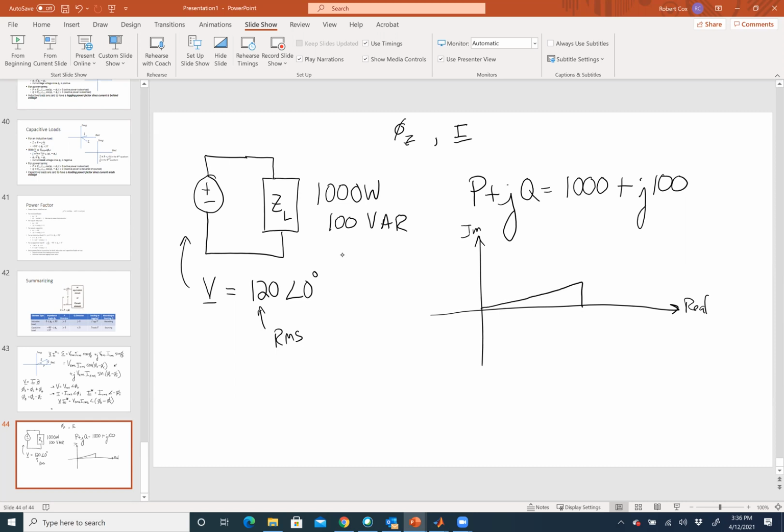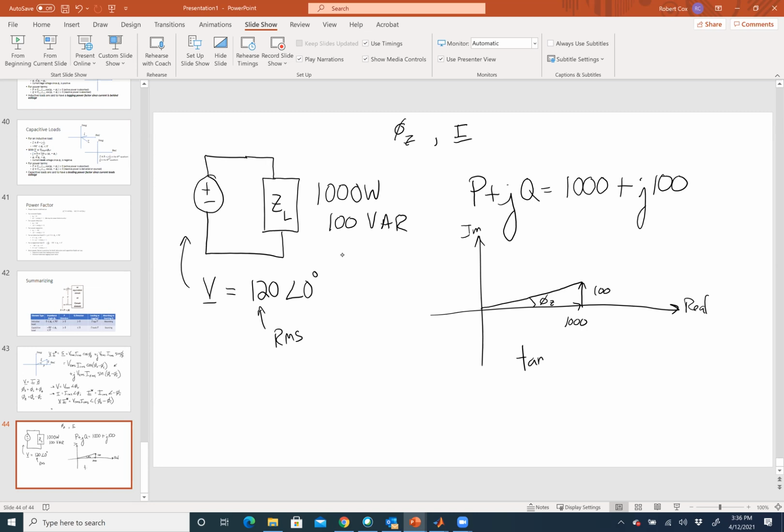like this. So this is 1,000. This guy is 100. This is phi sub z, and I've got that on my picture back there. So if I wanted to figure out phi sub z in this case, what would I do to figure that out? Tangent. Yeah, I can just say the